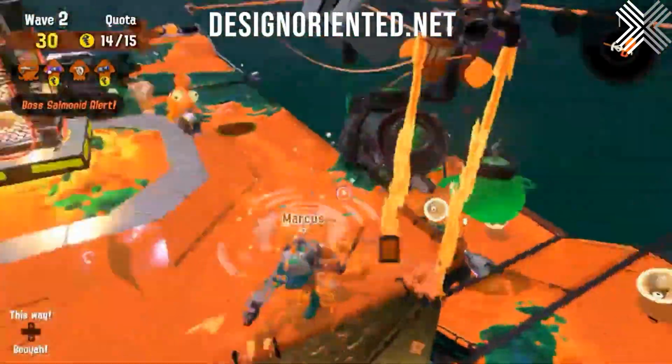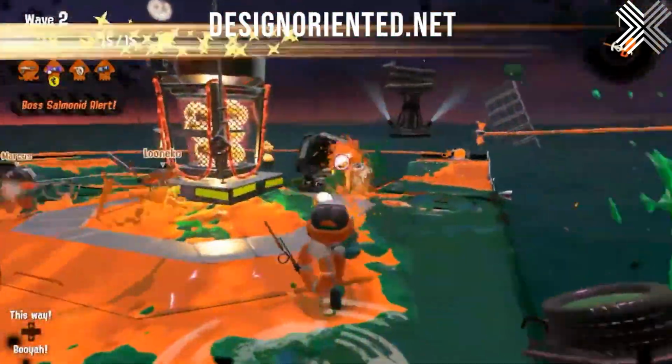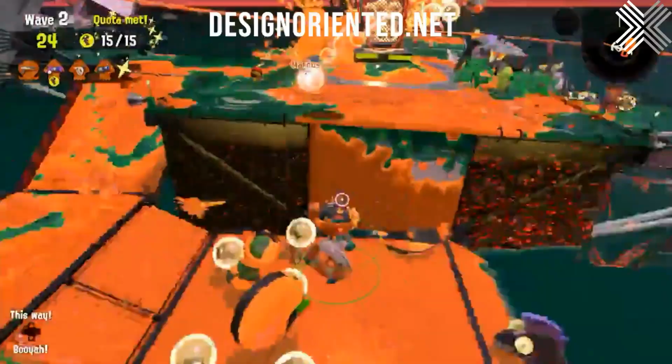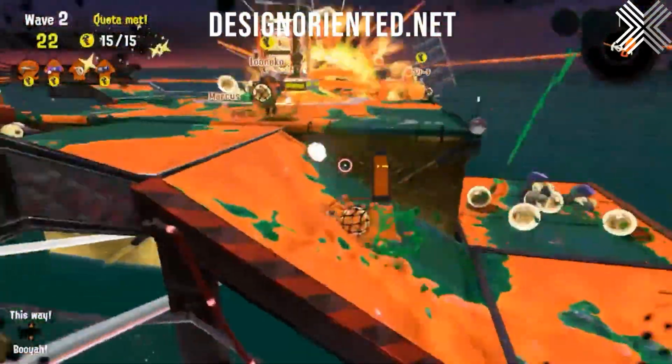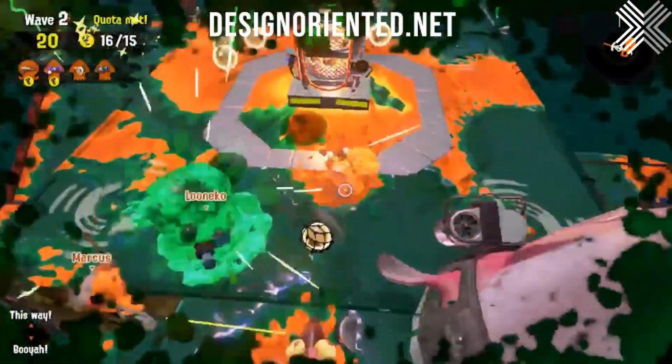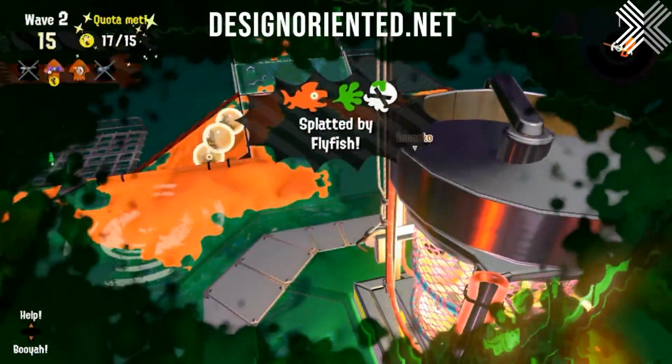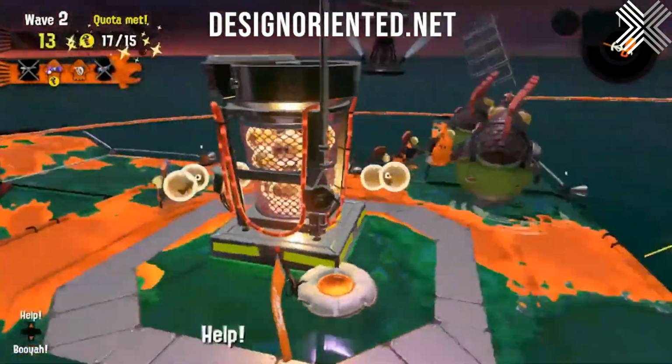So at this point, we have multiple entryways into the base, and we've lost control of almost all of them. So that's why we're being overrun right now. And the flyfish take a long time just to kill individually, let alone if there's 2 or 3 right in a row. That's really an opportunity for a player to pop one of their special attacks and take them out